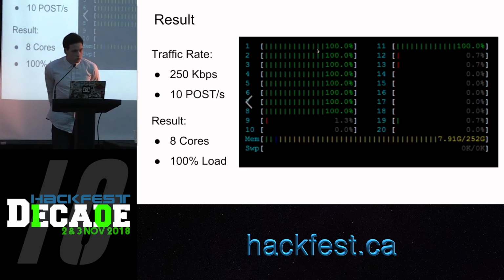My IDS system had 8 cores. It used 8 cores for checks, and by sending 8 packets in a second, I took all the CPU time of these 8 cores. And what does it mean? By sending 8 packets in a second,